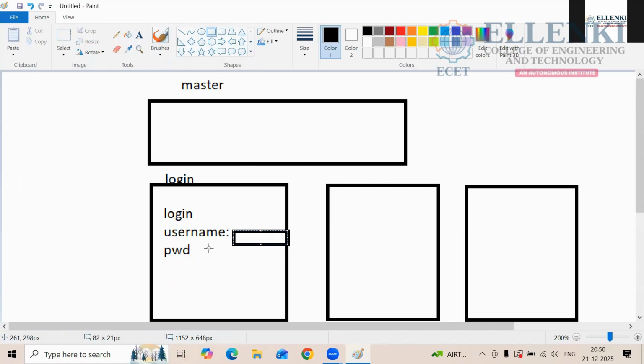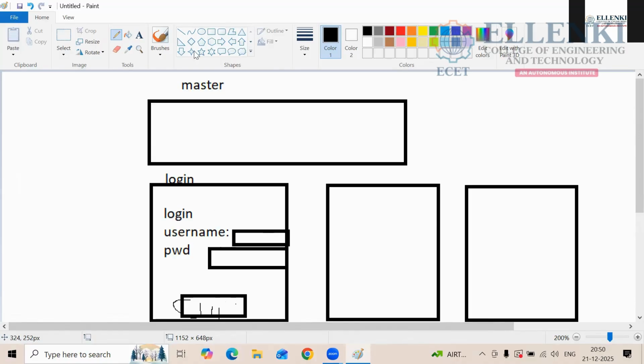When I am clicking on the password: enter your password here. After that, it has to show one button, which is nothing but the click me button.